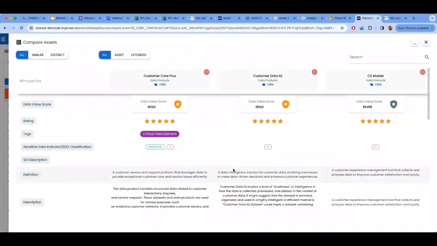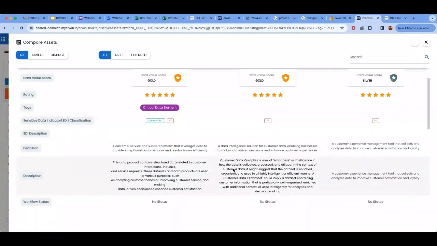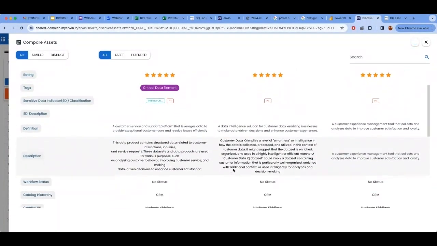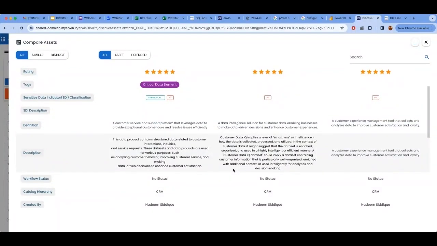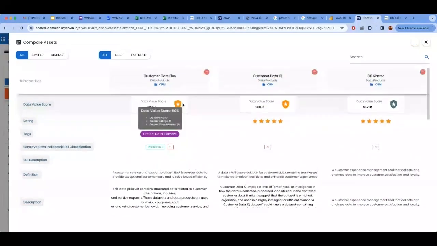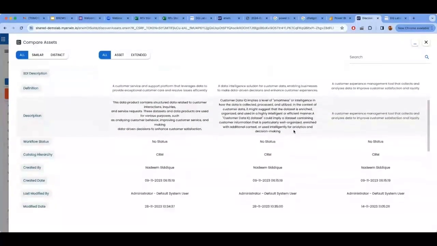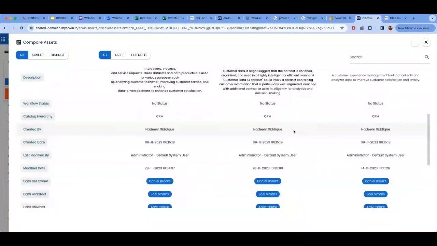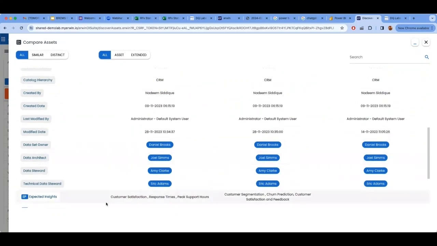And again, it's one of the familiar views. The end users will be familiar from any shopping site like Amazon-like websites. So you compare the artifacts side by side, it's the exact same comparison, right? The exact same experience. So I can see which domain they belong to. I can see the definitions. I can see the overall ratings. And if I keep scrolling, I can see who are my data product owners, who are my stewards.